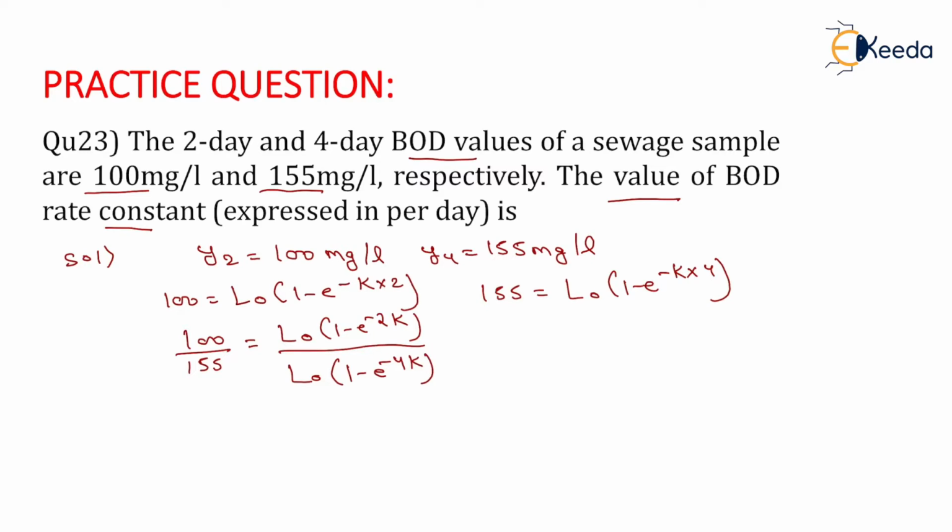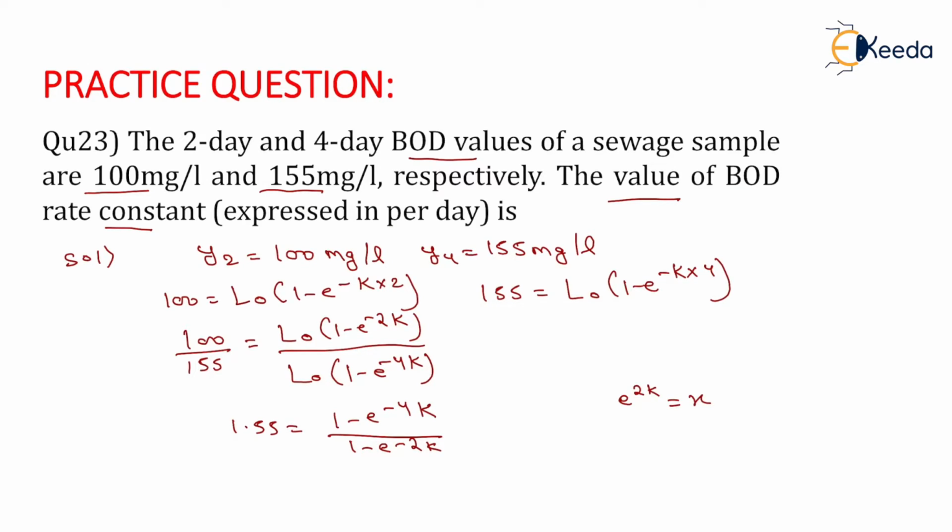After solving this equation, you will have the value of the whole equation, which will be equal to 1.55 = (1 - e^(-4k)) / (1 - e^(-2k)). Now if you put all these values in, you will have to determine the 4k value or the k value. For this we need to substitute one value: e^(2k) will be taken as x.